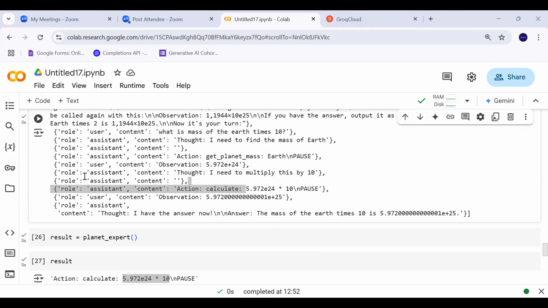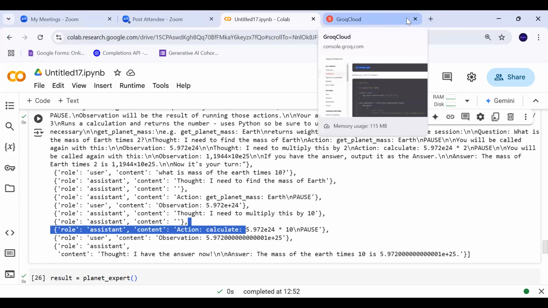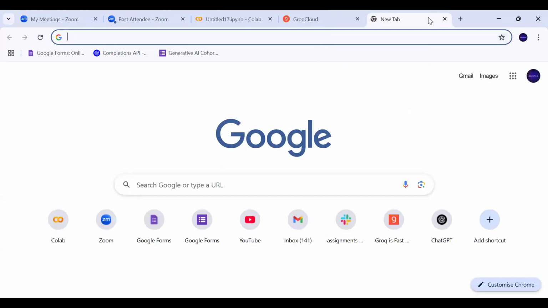So what we will do is try to automate this. We'll create another Colab. We'll do the same thing.